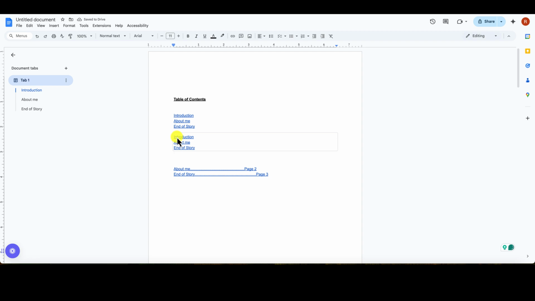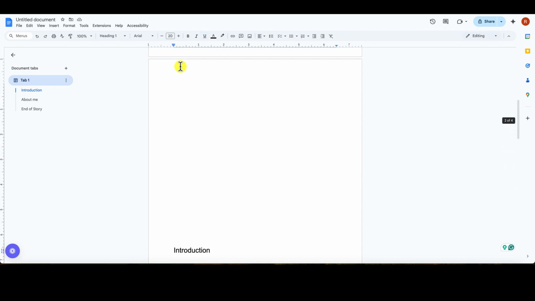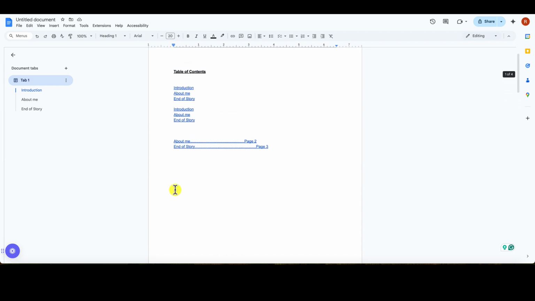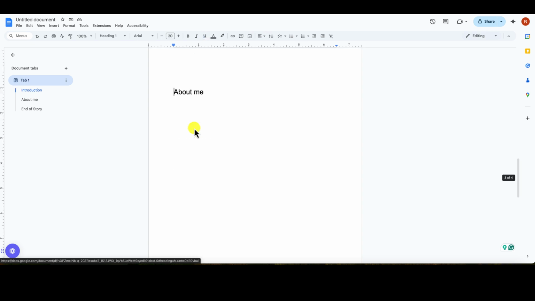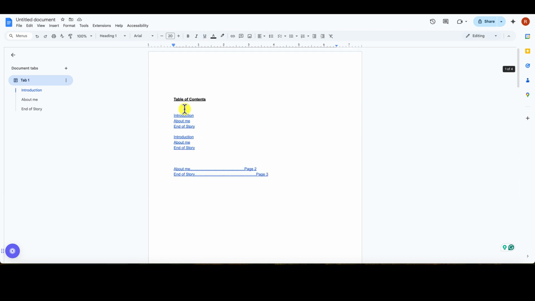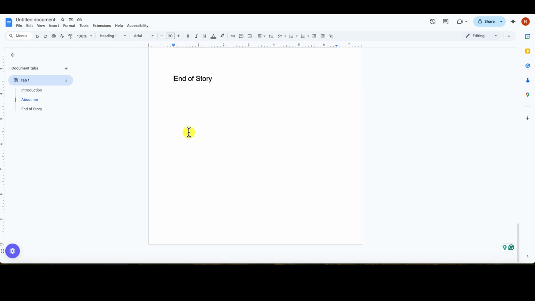So as soon as you highlight on this and you click on it, you could click on introduction and it brings you to that page. It brings you to where you place that header 1. So watch as I select the about me, it'll bring me down to page 2, about me, and then I come over to end of story, it'll bring me down to page 3. So that's how you add table of